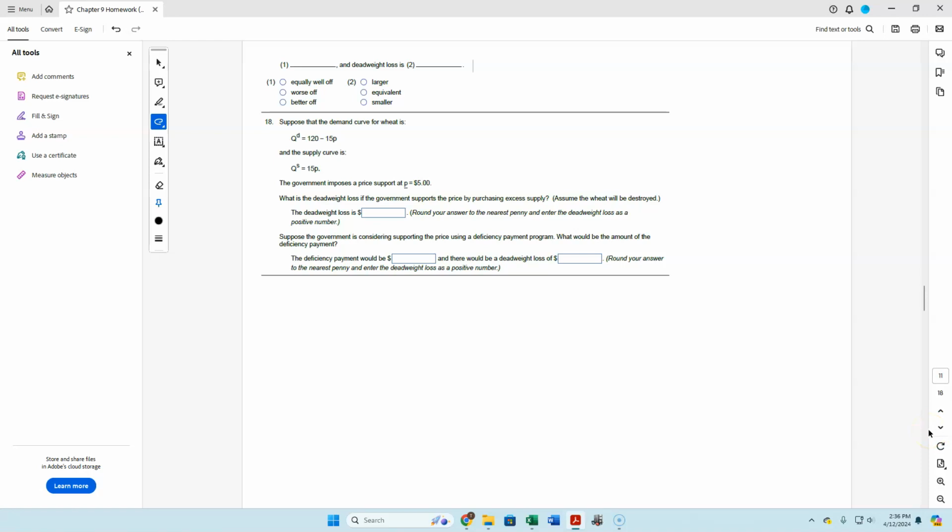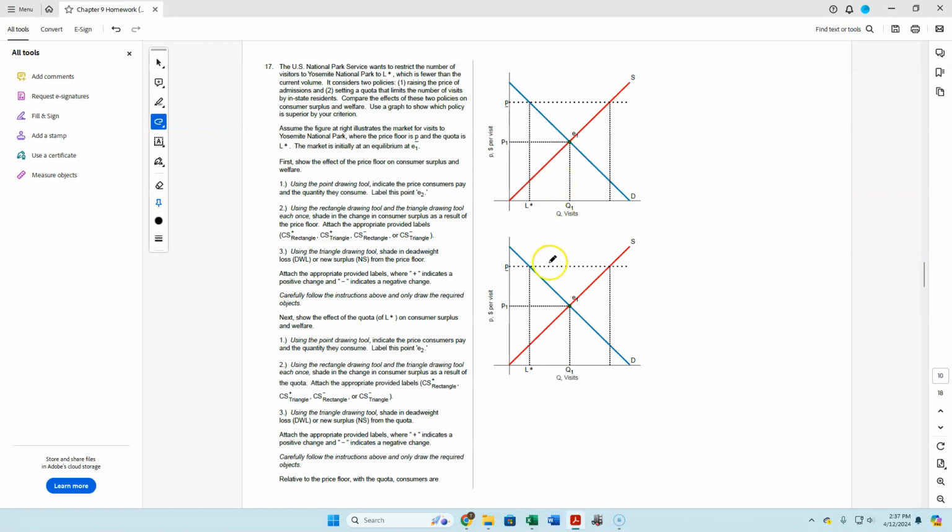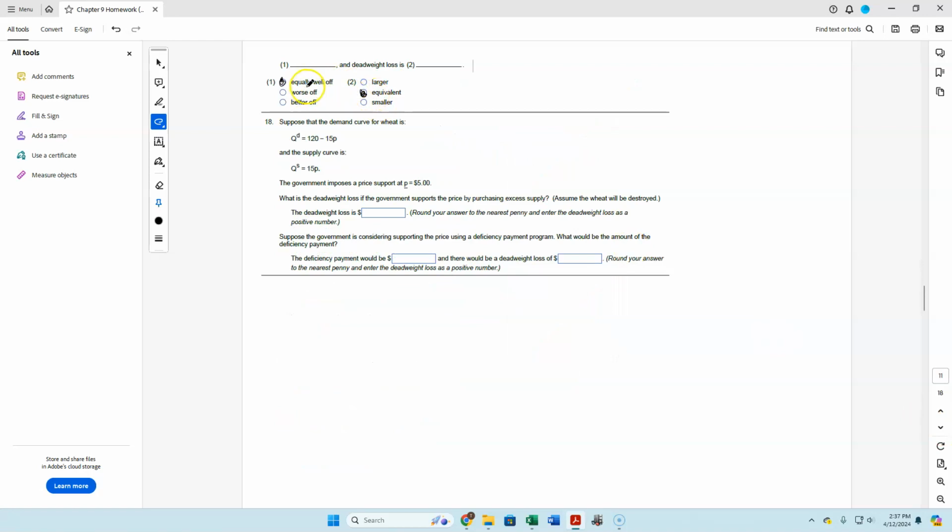If that's the case, then consumers, from their perspective, are equally well off, right? It doesn't really cause any difference. Quantity is still lower regardless. But now the deadweight loss is essentially the same. The deadweight loss here being again that reduction, and we can see that the size of the area of this triangle here is the same as the area of this triangle here, which is why we would say that those two deadweight losses are equivalent and that consumers are equally well off.